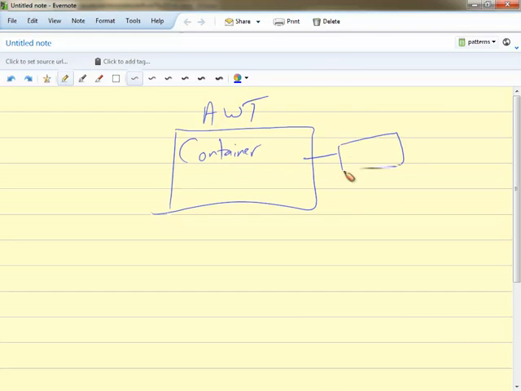We use a strategy called a layout manager to do that. And all the strategy does is the container says, I'm ready to display myself. Hey, Mr. Layout Manager, please lay out my children. And the layout manager has an algorithm that decides how he wants to organize the children. Maybe he puts them in a straight line, maybe he puts them in compass points, maybe he puts them all the same